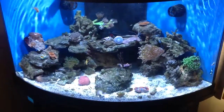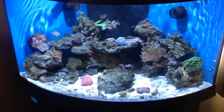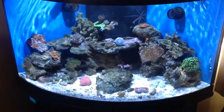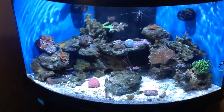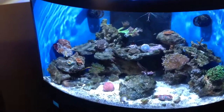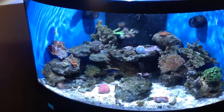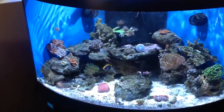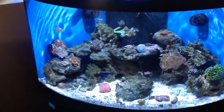Hey guys, this is my second update of my Aqueon 54 corner tank. As you can see, I got my fish back in here from the quarantine. I only had them in the quarantine for 2.5 weeks because I had nitrite problems and I tried to do water changes. I needed more rock to hold on to the nitrifying bacteria, but